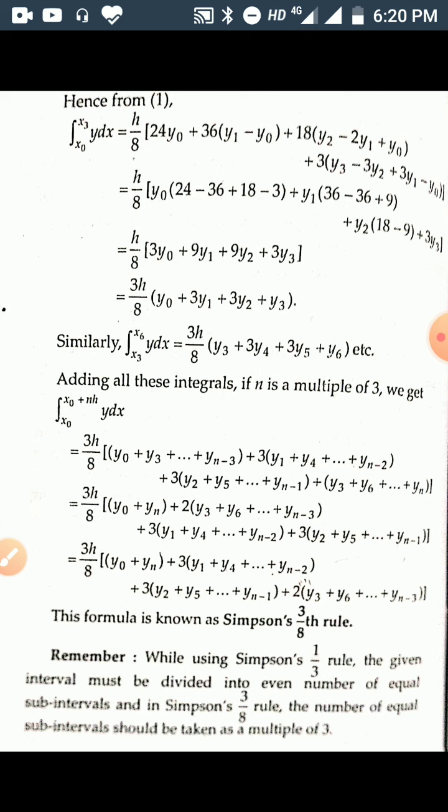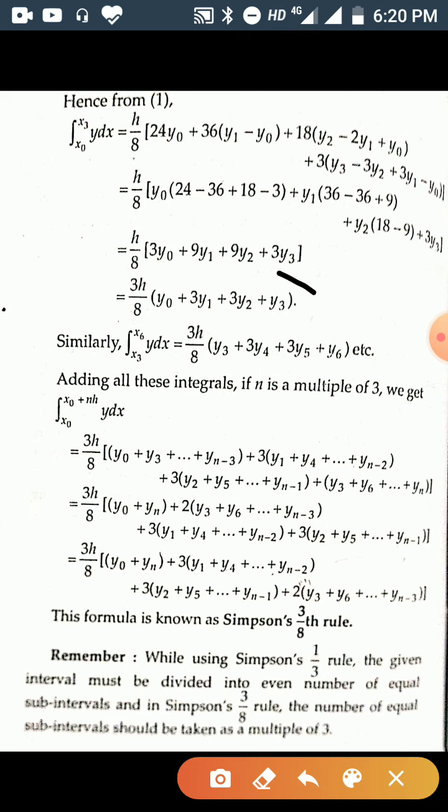So after simplification we will get 3h by 8 [y0 plus 3y1 plus 3y2 plus y3]. Similarly, the integral from x3 to x6 of y dx is 3h by 8 [y3 plus 3y4 plus 3y5 plus y6]